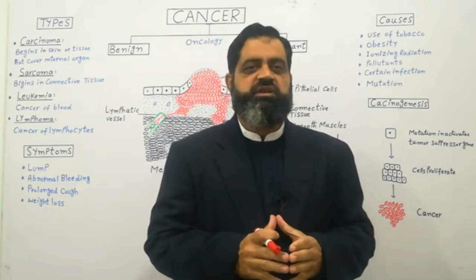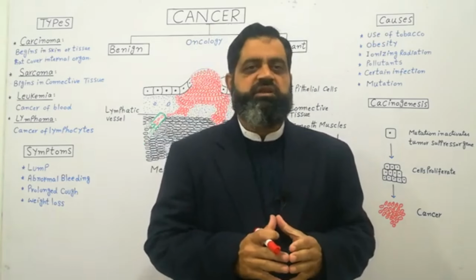Now what about the diagnosis and treatment? To diagnose the cancer, first of all we have to do a biopsy. During the biopsy a piece of tissue is taken from different parts of the body, and it is examined under the microscope. The difference between the normal cell and the cancerous cell is that cancerous cells are rapidly dividing cells. They have a high nucleus to cytoplasmic ratio,